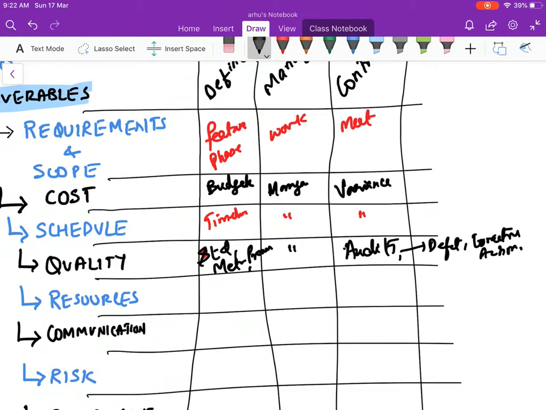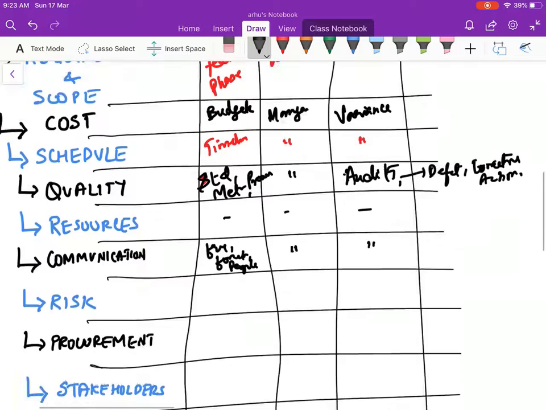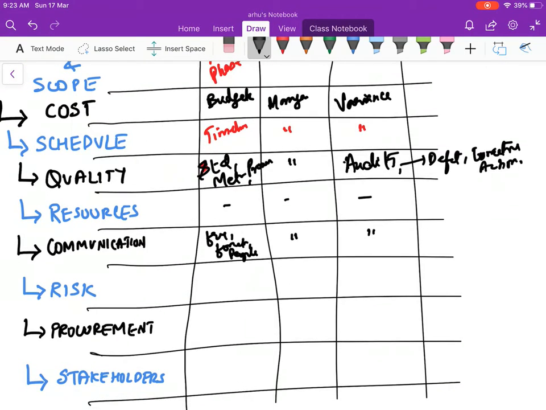Similarly with the resources, you'll define how many resources you need, you'll manage, and you'll control the resources. And then communication plan, you will define the frequency of communication, format, and whom you will communicate with, the people. And then you actually do that, and then you control the communications if things are going overboard. Risk, you will define the risk management plan. You'll identify the risk, you'll do a qualitative risk analysis, you'll do a quantitative risk analysis for the overall project for the dollar amount, and then you will make risk responses, and then you'll make a plan how to implement